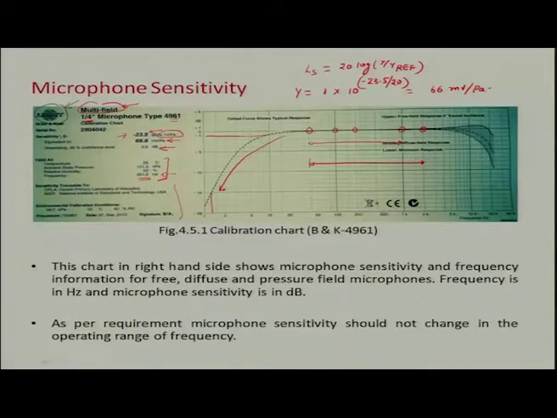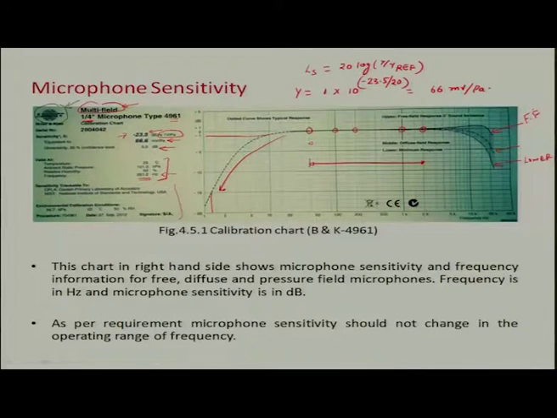Last thing, they had said that it is a multi-field microphone. So, the response of the microphone in all the 3 fields does not change, but at higher frequencies it starts changing. So, now they have 3 lines. This is one line, this is the second line and this is the third line, and they say that the lower line, which is this one, is for minimum response,